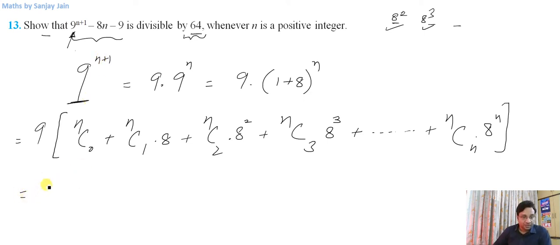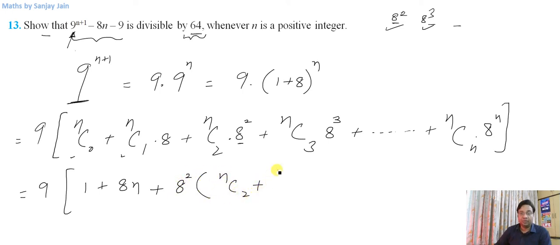Now let us write a few of its terms. This is 1, this is n into 8, that is 8n, plus now this is 8 squared into nc2. So I am taking 8 squared common and will write the rest of the terms like this, nc2 plus,